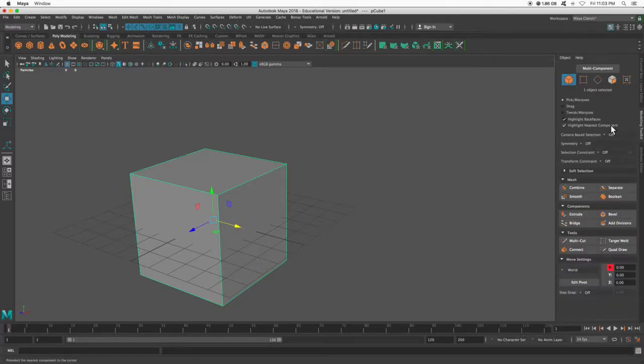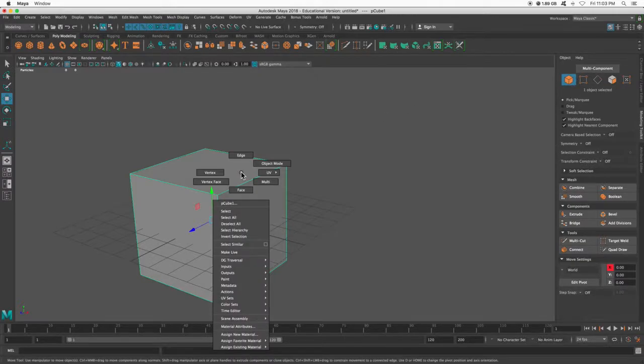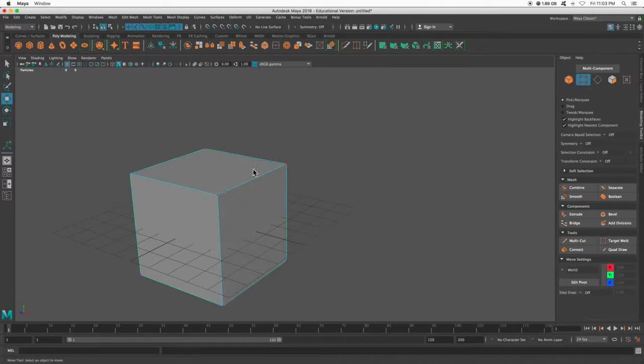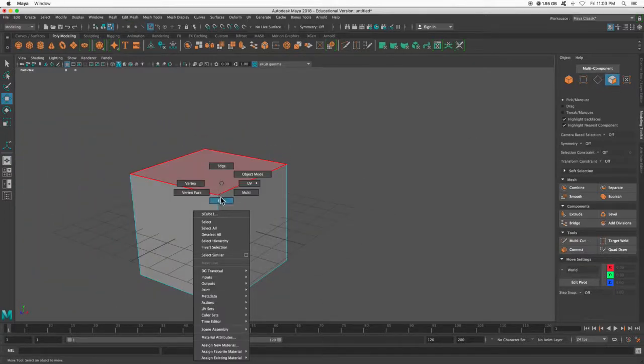So in my modeling toolkit, I have these buttons up here. We've been holding right click and going to vertex mode or face mode. Notice these buttons change up there. Some of you like buttons. So we can press object mode right here, or vertex, edge, and face. Just a different way how to get there. So I'm going to go to face mode,